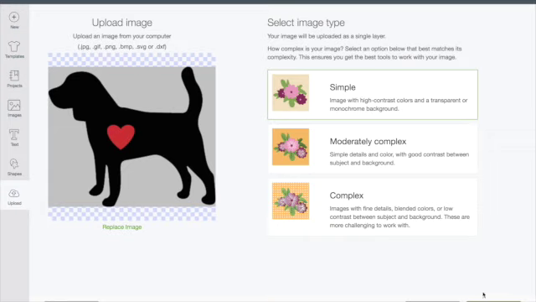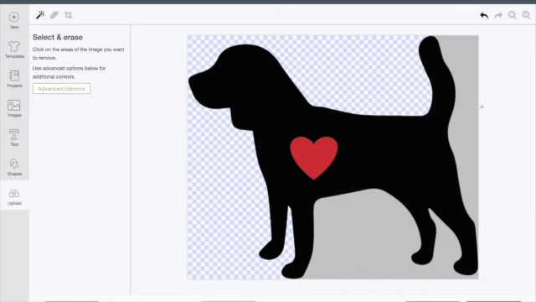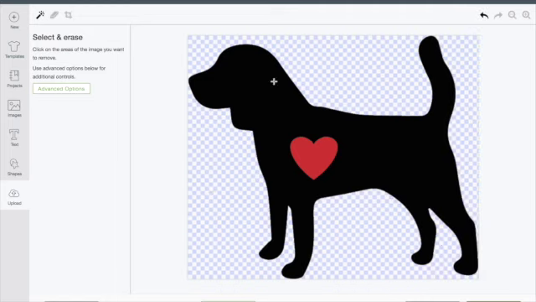I'm going to click on the background to get rid of the areas that I don't want, but I'm also going to click on the heart in the center, and this will leave an open space in the dog. So I'll hit continue,